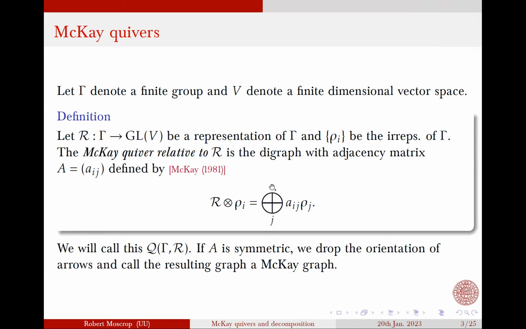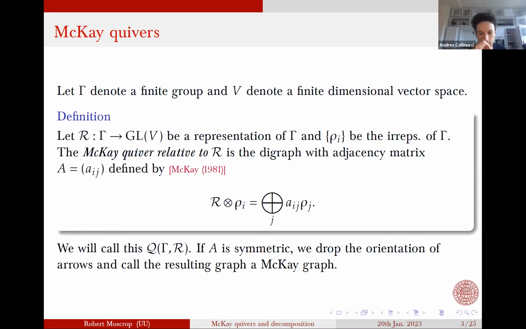Sorry, can I ask a question? Yeah. So the choice of R, mathematicians sometimes talk of a canonical or a chosen one. Is there a restriction on what R has to be? No, just from a purely representation theory point of view, I can take any representation, any linear one. Okay, but the ones that yield the ADE Dynkin graphs are very specific. If I took one of those classic subgroups of SU(2) and chose some crazy R that's not the usual one, what would happen? Yeah, so I will get onto this, but the point is that in that case, you're really identifying R with the orbifold action, for example.